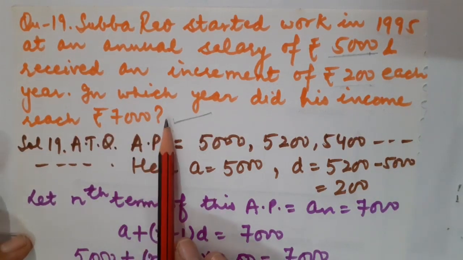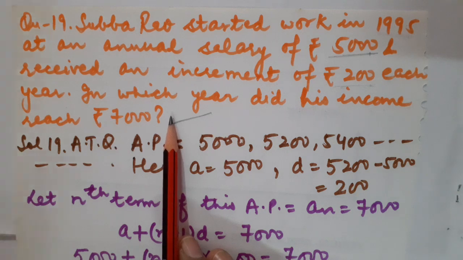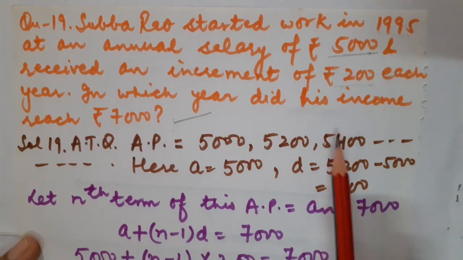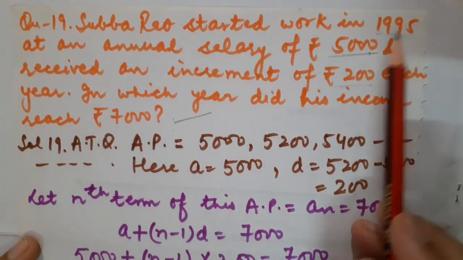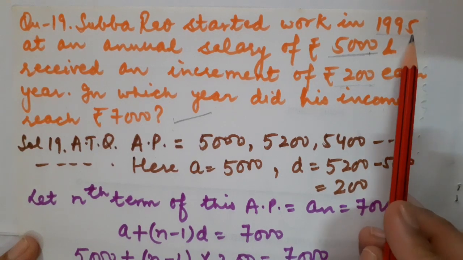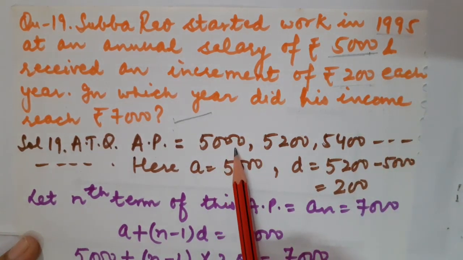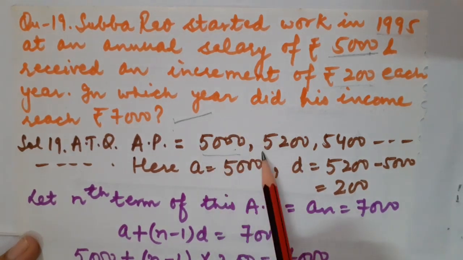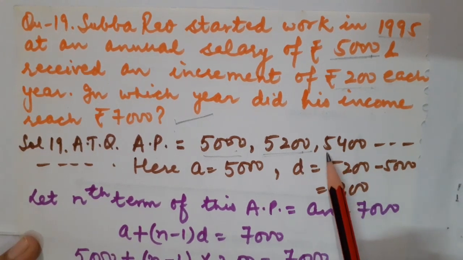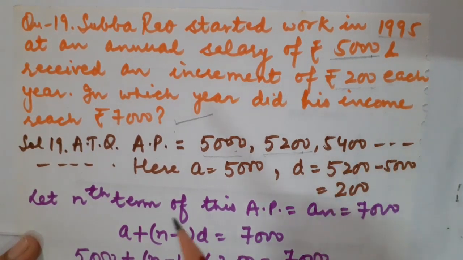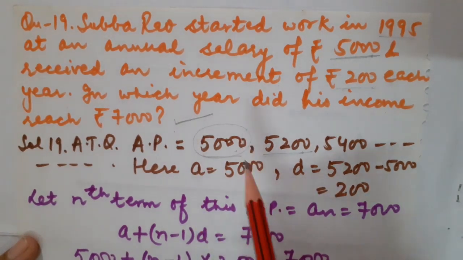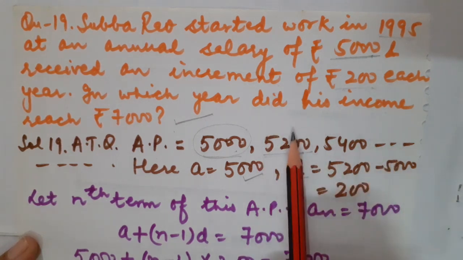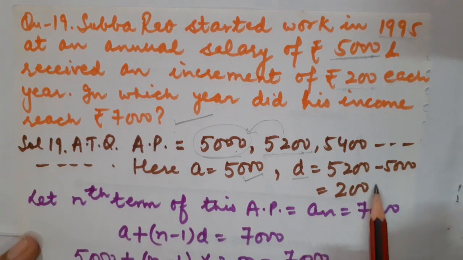So through the question you may have come to know basically what we have to calculate. Yes, we will have to calculate N. Fine children. So let us form the AP based on the given situation. How will the AP be formed? The person was getting rupees 5,000 in the year 1995. Then he was going to get the increment of 200 rupees. So initially the salary was 5,000. Then it became 5,200. Then 5,400 and so on. Correct. So here what is A? The very first term will be 5,000. And of course what will be the common difference? That increment will be the common difference. That is 5,200 minus 5,000, means 200.